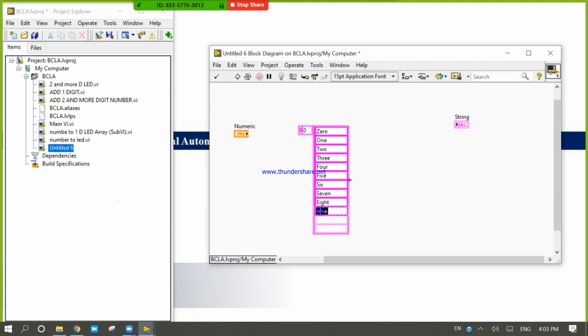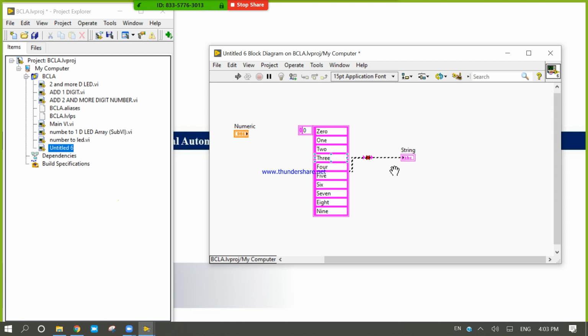Okay, 9. For the condition 0 to 9, it is perfect.